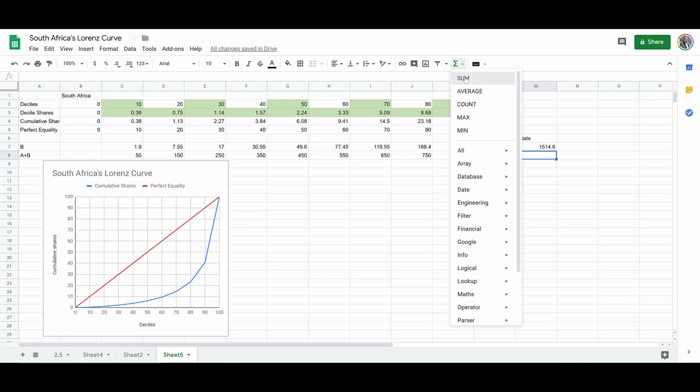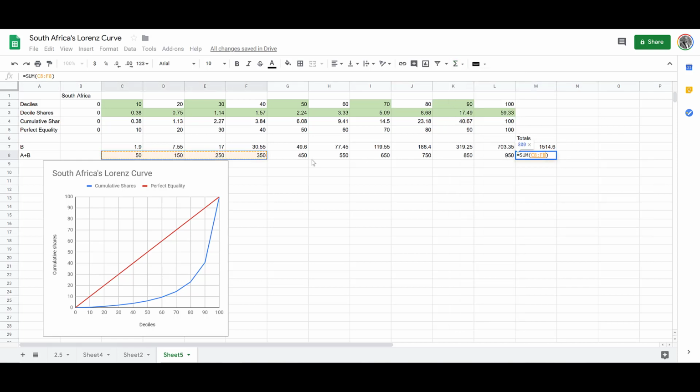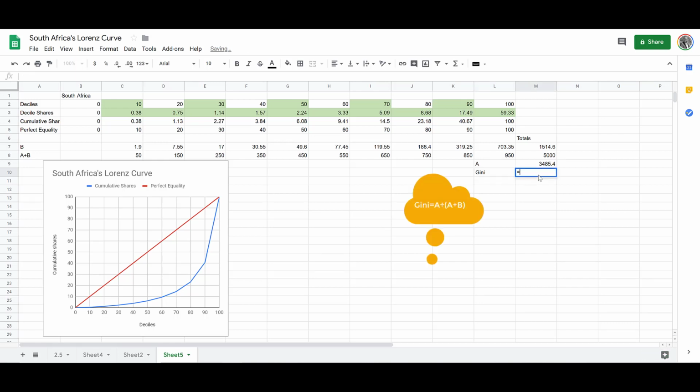Now that we know the area of B and the area of A plus B, it is pretty easy to calculate the area of A, that is 3485.4. This is the area between the Lorenz curve and the line of perfect equality. Once we get A and A plus B, it's now easy to calculate the Gini coefficient. We simply divide A by A plus B, and we get 0.697 as the value of the Gini coefficient for